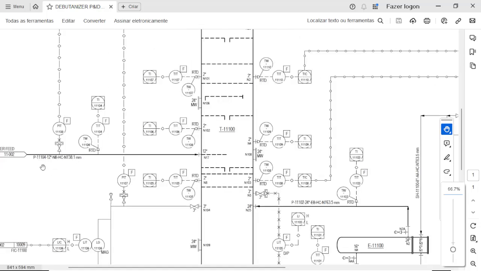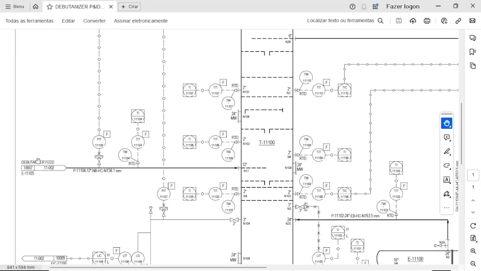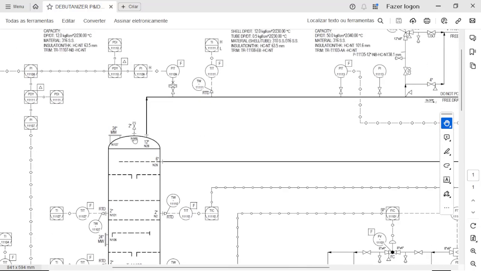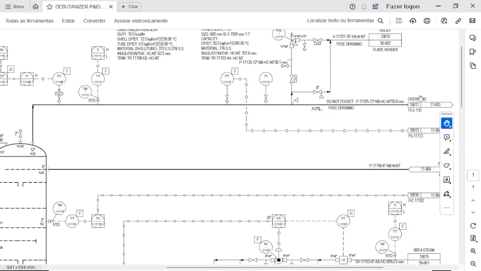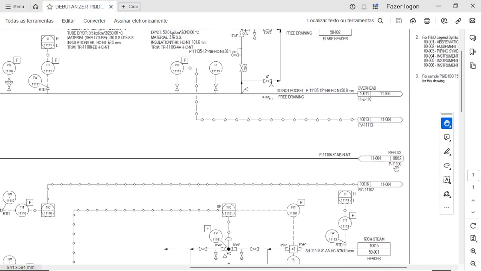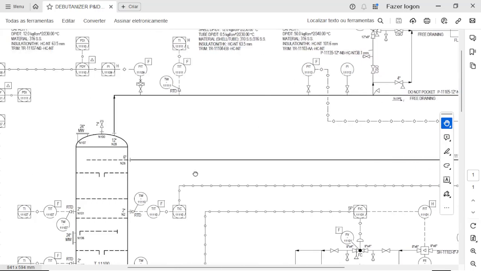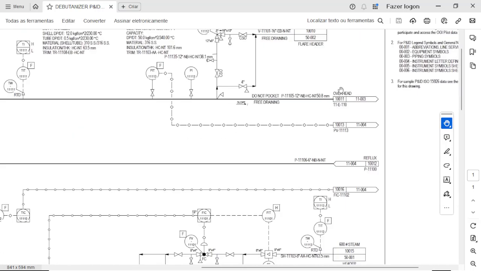So if you go here, you verify that the butanizer feed is the main line. It enters the equipment, and there is the top line going out to the overhead, and there is the reflux returning to the column. So between the overhead and the reflux, we probably have a condenser, a vessel separator, and eventually a pump. All of this is shown in other pipe instrumentation diagrams, and you can see here that